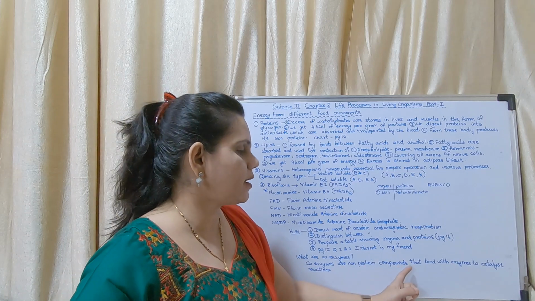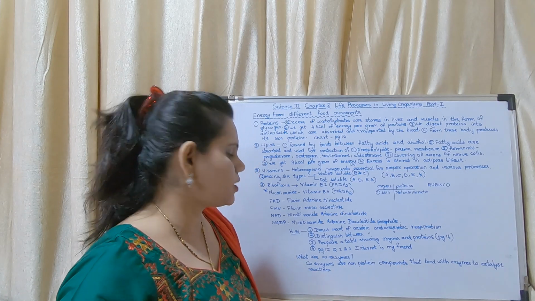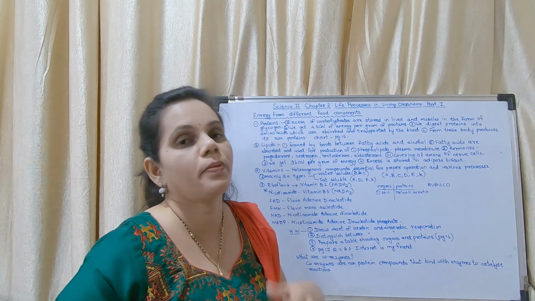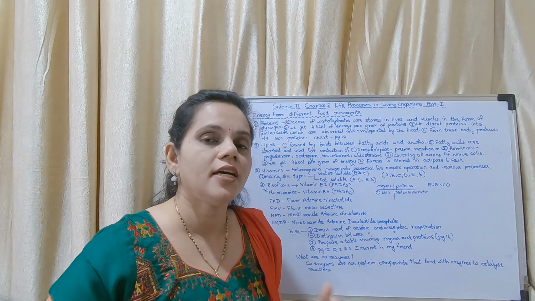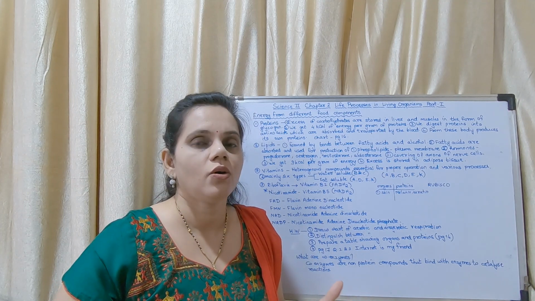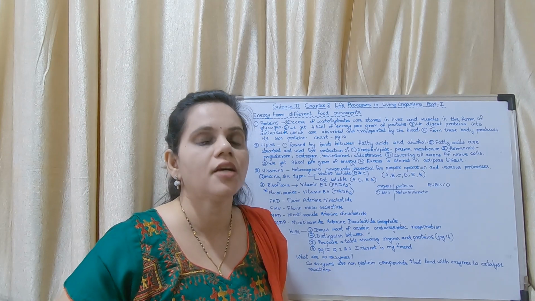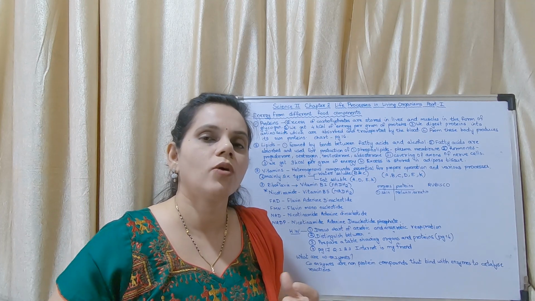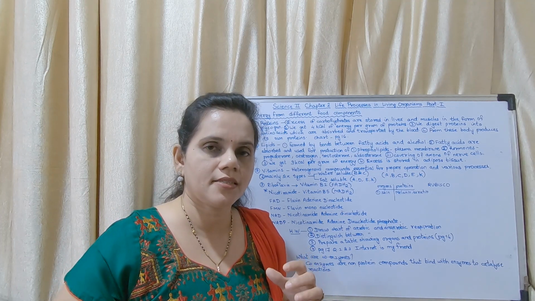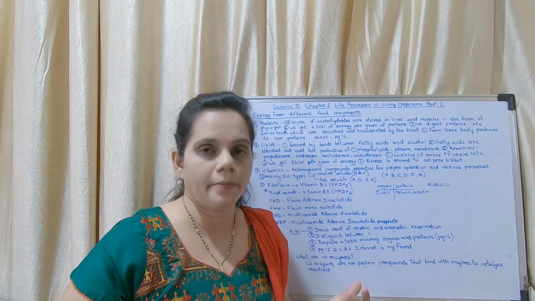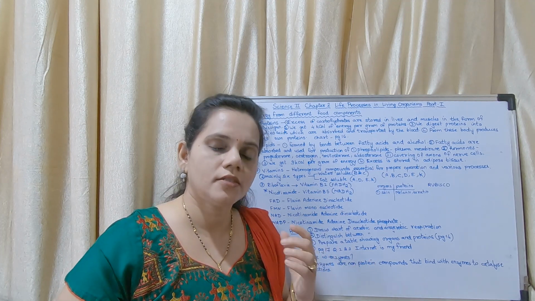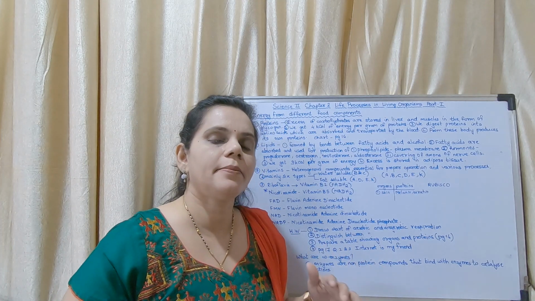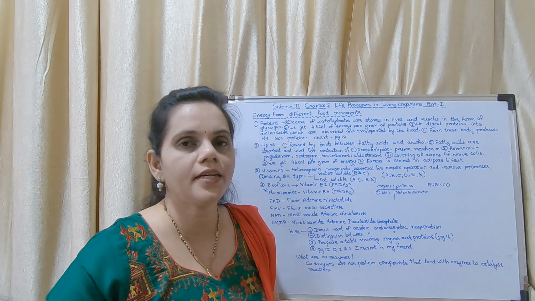Coenzymes are non-protein compounds that bind with enzymes to catalyze reactions. So they are different types of non-protein compounds which bind with enzymes. What are enzymes? Enzymes, we can call them digestive juices which help the reaction to take place. Just like you have heard about catalyst. What are catalysts? Catalysts are substances which help the reaction to speed up, isn't it? So similarly, these are coenzymes. These are non-protein compounds that bind with enzymes to catalyze, to speed up the reactions.